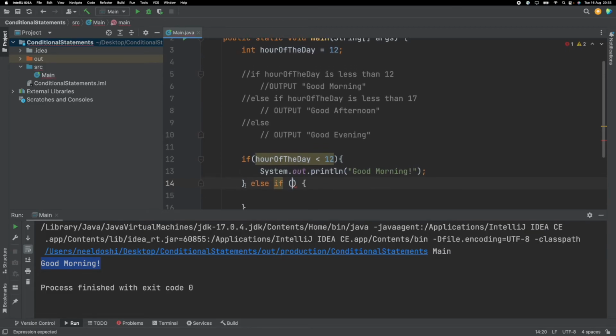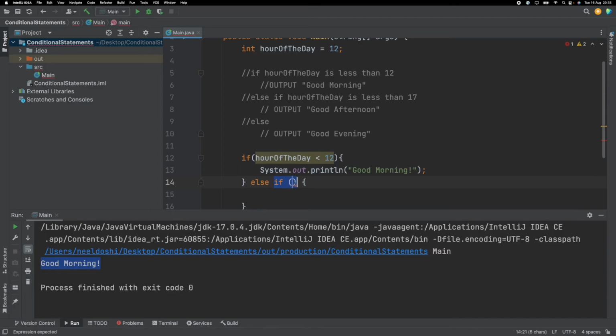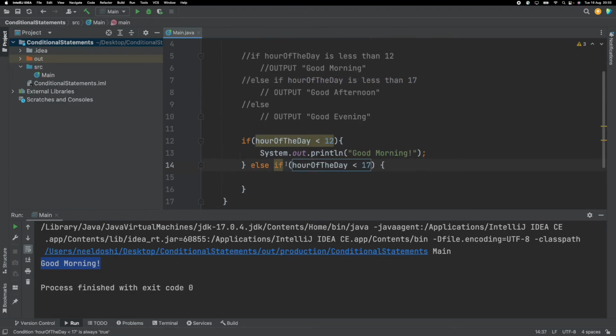And this time it's got else, but it also has another if portion. And we have to give it a condition. See, right now, expression is expected. So this here is the expression, or our condition. So what's this condition? If hour of day is less than 17. So let's write that out. Less than 17, just like this. And let's do system out and put in good